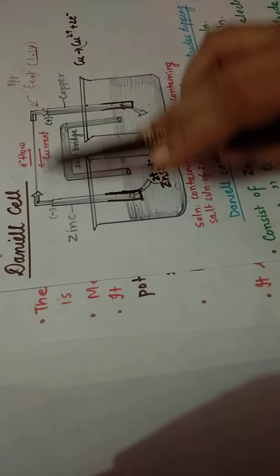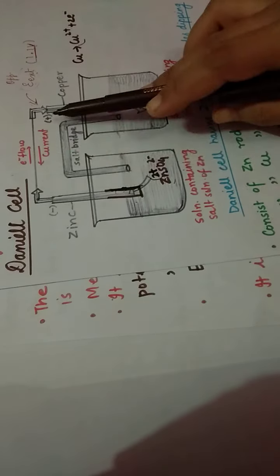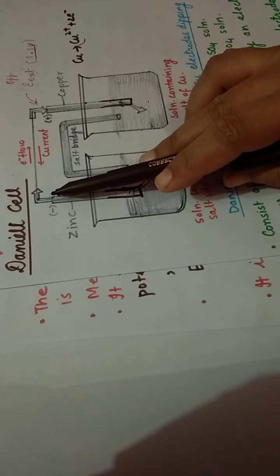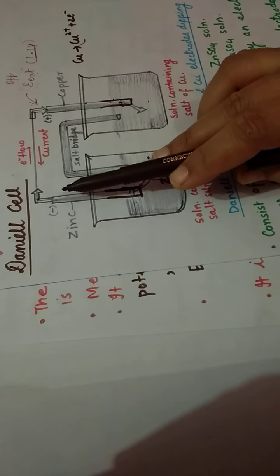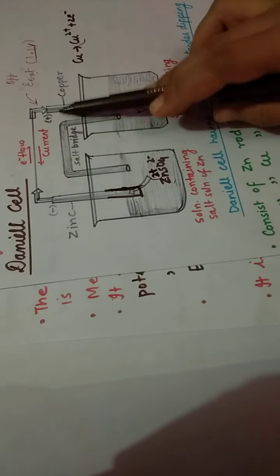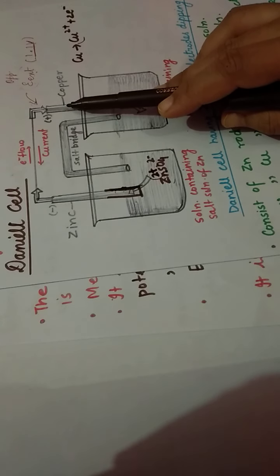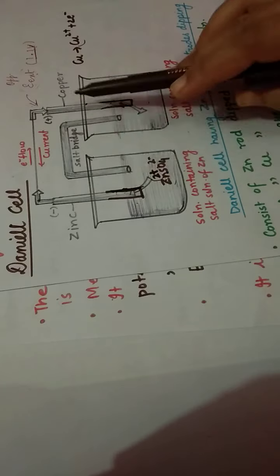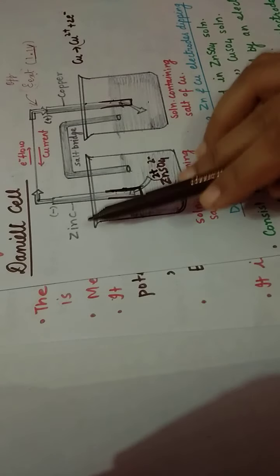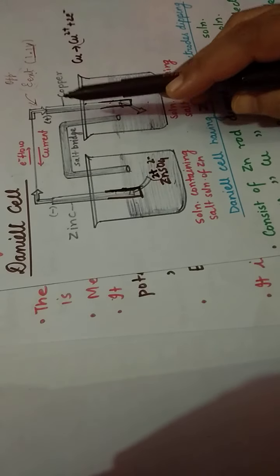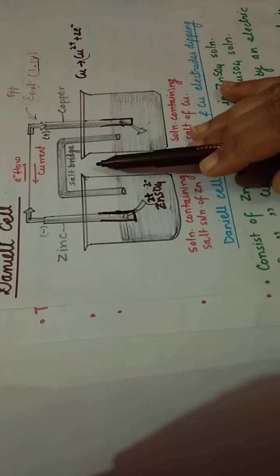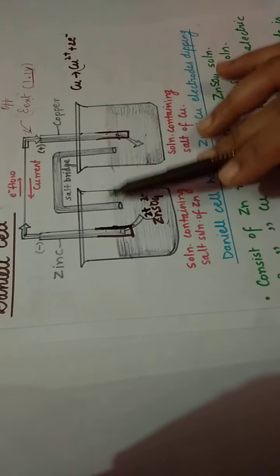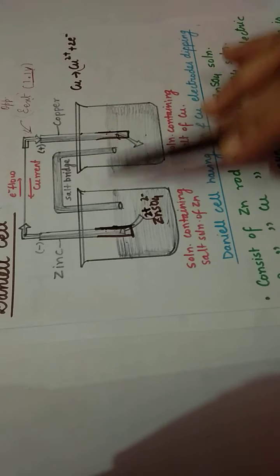As they both have opposite charges, whenever we have two opposite charges, a potential difference will occur between these two electrodes, or there exists a potential difference between these two electrodes.